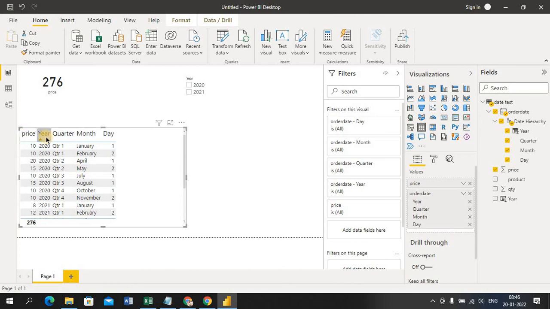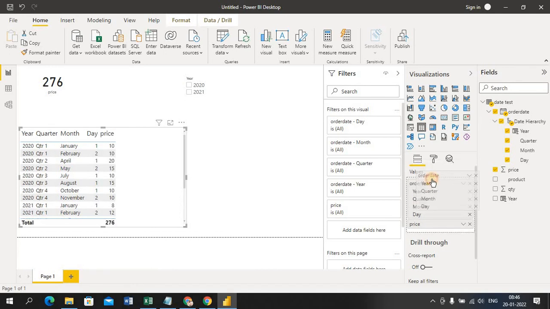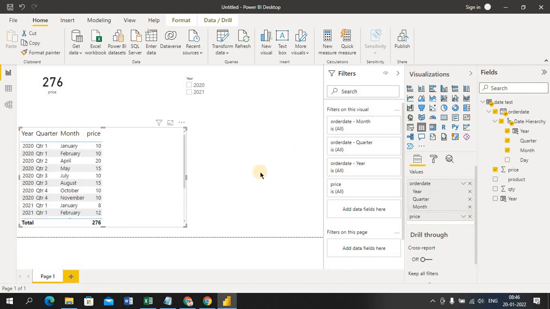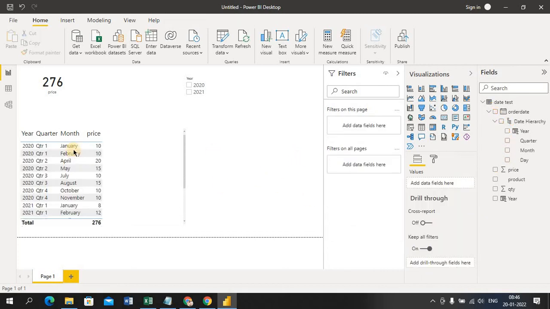First I want year here, the first column, you can do some adjustment here. So just select this and drag it in first place, okay? Some adjustment also you can do. So quarter, month and day, okay? I don't want day, guys, okay? I don't want day, fine. So the picture gives some information, like for this year, for this quarter, this is my sales, okay?